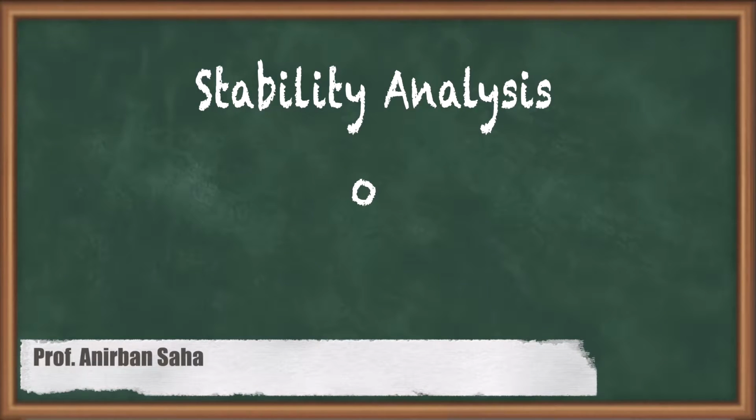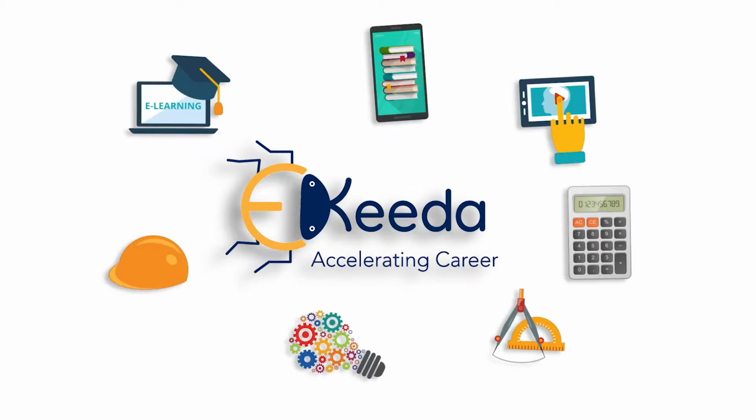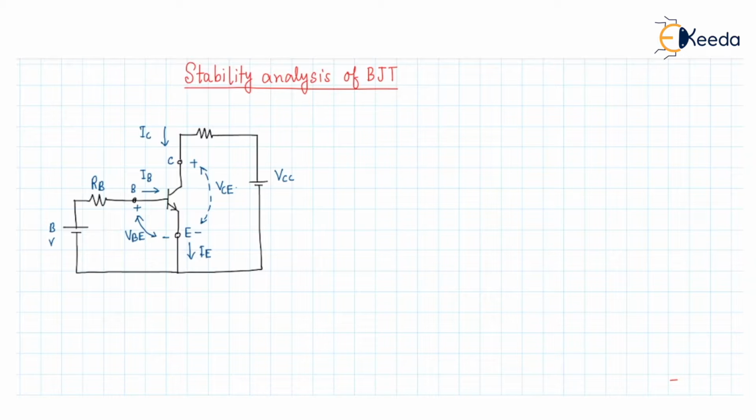Hello friends, in this video we are going to discuss the stability analysis of the BJT. For that we have considered an NPN transistor like this. This is the NPN transistor, and it has been biased in this form